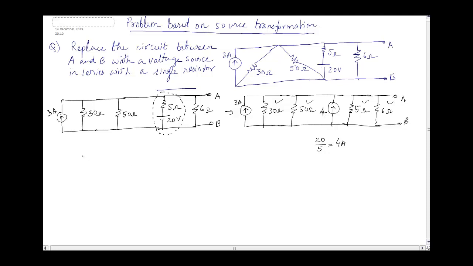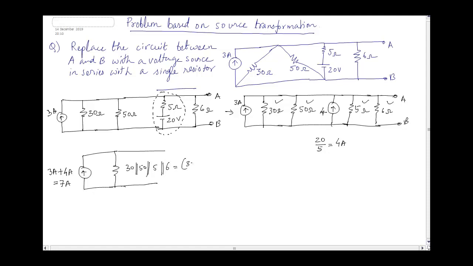So we will have a single current source which is 3 amperes parallel with 4 amperes, which will give us a 7 amperes current source, followed by a single resistance, because that single resistance will have a value which is 30 parallel with 50 parallel with 5 parallel with 6,